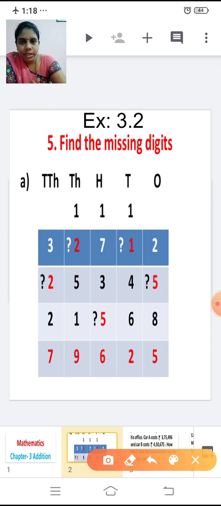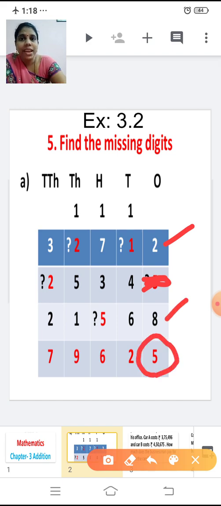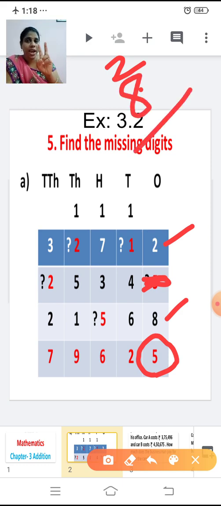First one, how to find the missing digit, we'll see now. So first we'll see the ones place. Here this number is missing, right? So 2 is given and 8 is given, and the sum is also given, 5, right? Now we'll add 2 plus 8. After 8 I'm going to add 2 more, 9, 10.